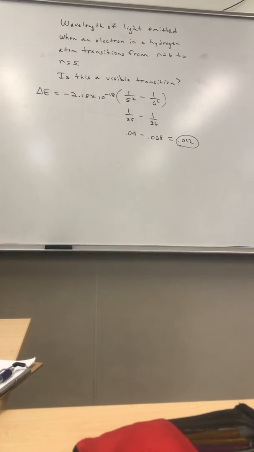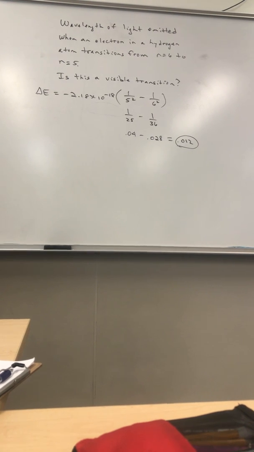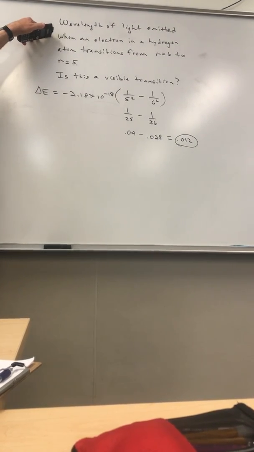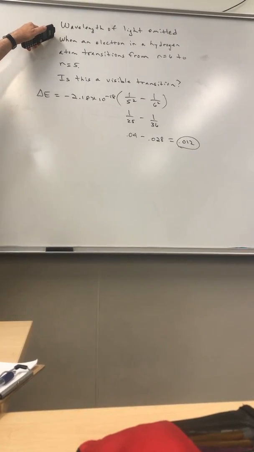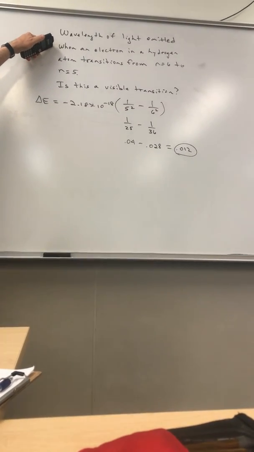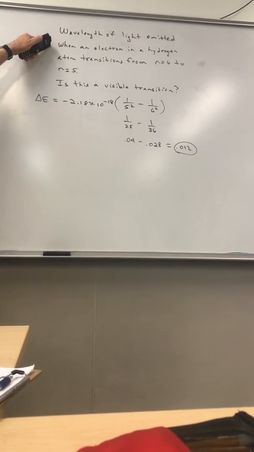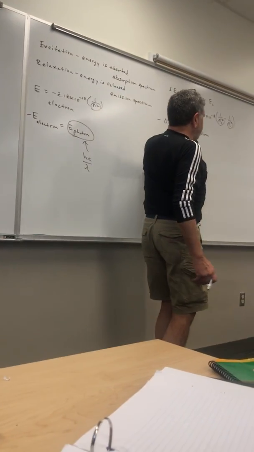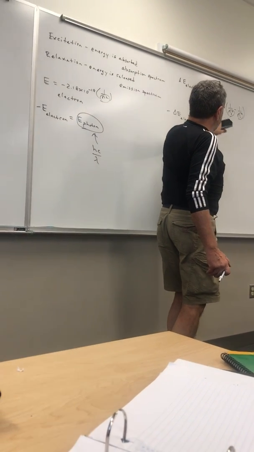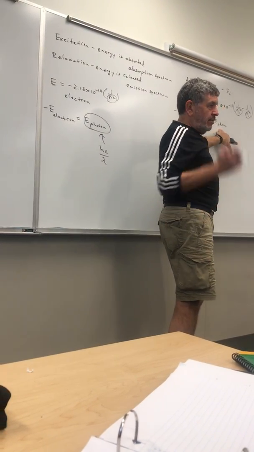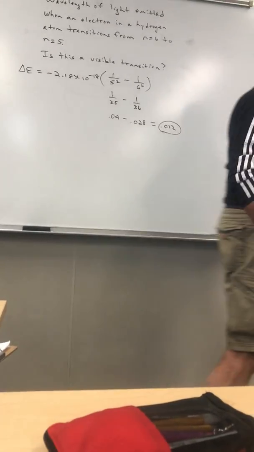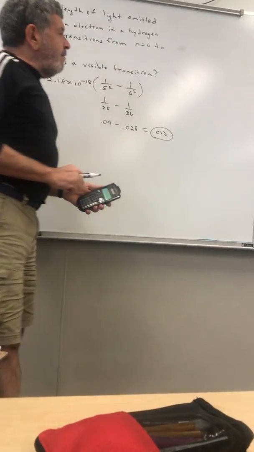So that equation is strictly for the n equals 6 and... Right. This is strictly for the energy of the electron when it moves from one spot to another. That's all. And then the second part of it is we equate the energy change of the electron to what we can either see or not see. And that's how we get the wavelength. So now we have